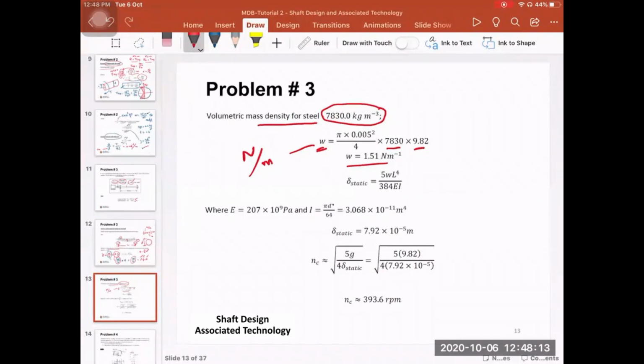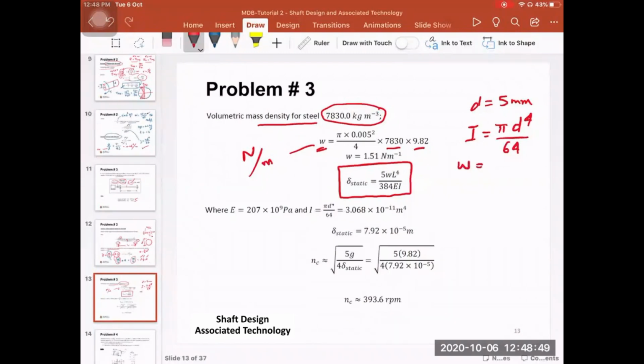the maximum deflection. So the maximum deflection, if you go back to the previous lecture, you will find that for this case, delta static is 5 multiplied by W multiplied by L to the power 4 divided by 384 EI. Remember that the diameter of the shaft is given as 5 millimeters. So you can just simply calculate the moment of area pi times the diameter to the power 4 over 64. And then